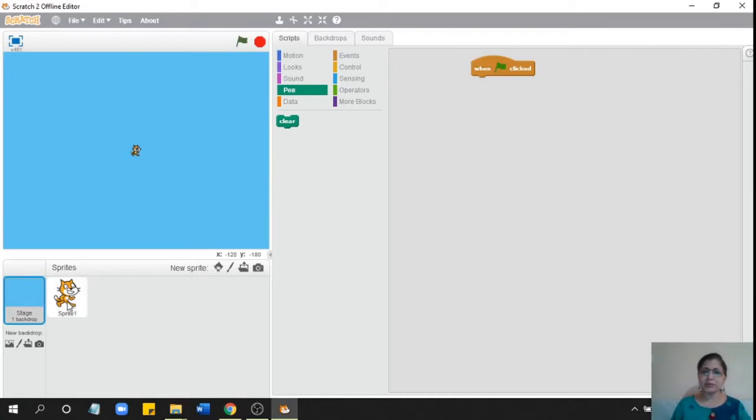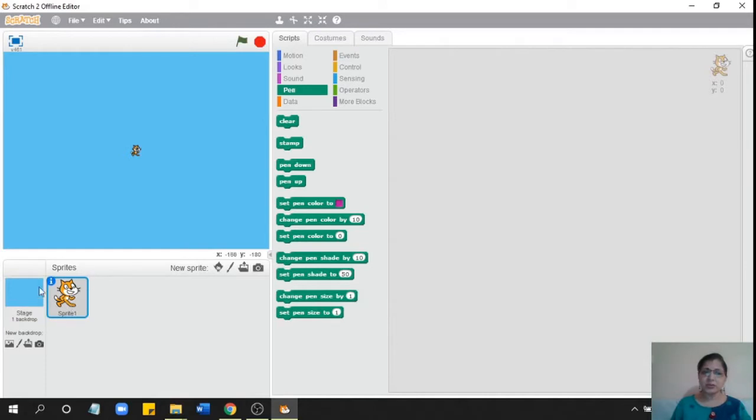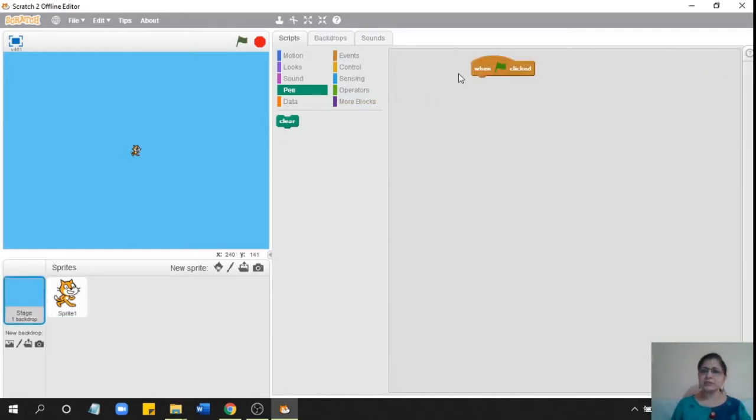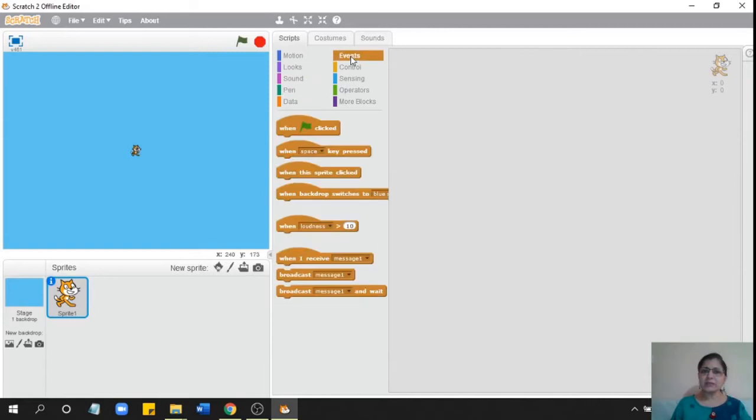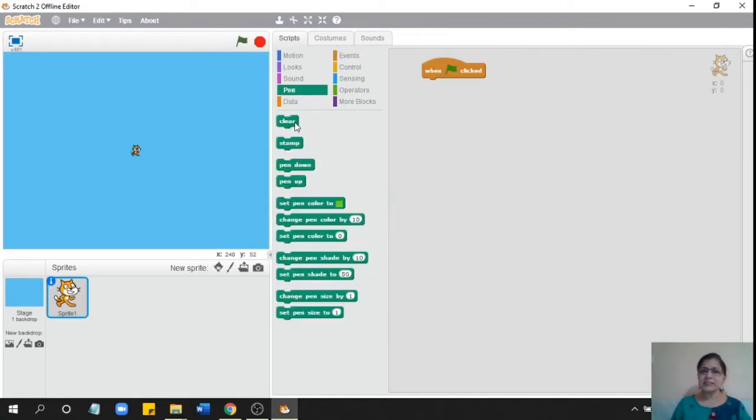Remember that whatever you're coding, you should select that and then begin. So let us remove this from here. Now let us begin. I'm going to say in the events block, when flag is clicked. Now I will go in the pen block and there are certain steps which we will do before we start drawing.